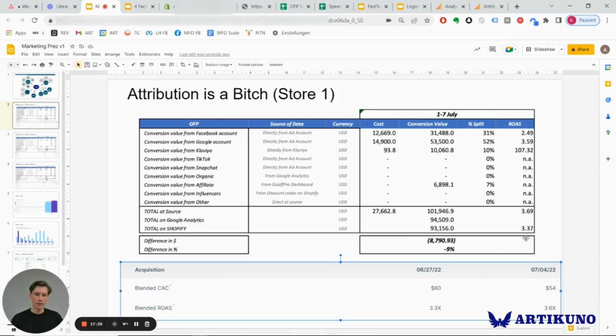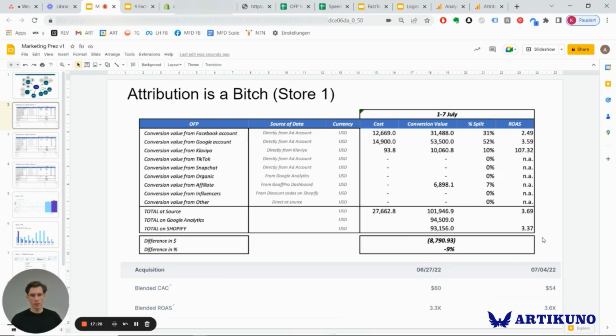And this is really what I want to bring your attention to, this attribution issue at the very top of the funnel, because I think it's important to track and to understand that. By tracking this consistently, we're able to be much more conscious of where we should be aggressive and where not, right? And obviously what you see here is there's a lot of missing